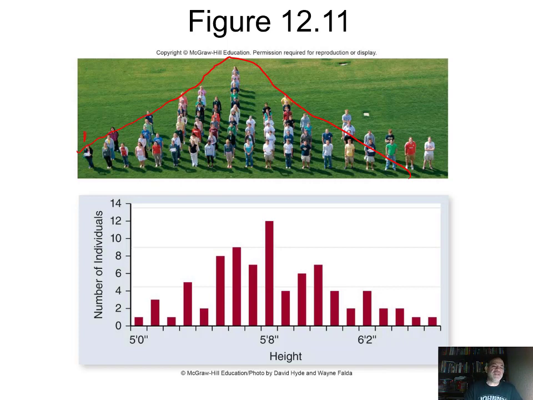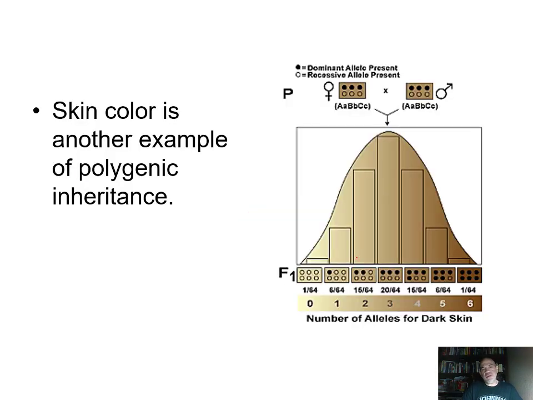And anytime you find a trait that has a continuous range of distribution of the phenotype, in this case height, that would suggest it's polygenic inheritance. So that's how you would recognize it. That's a big idea. I pulled another example to show you, not in your book,